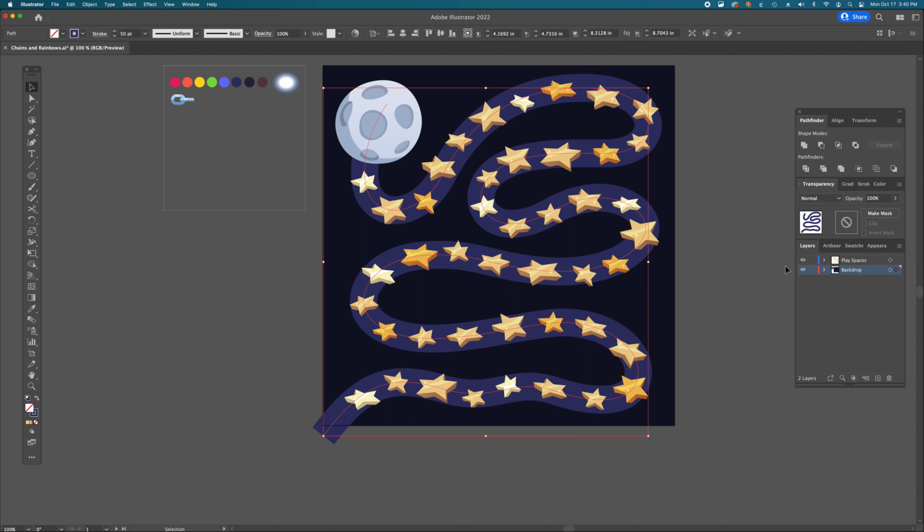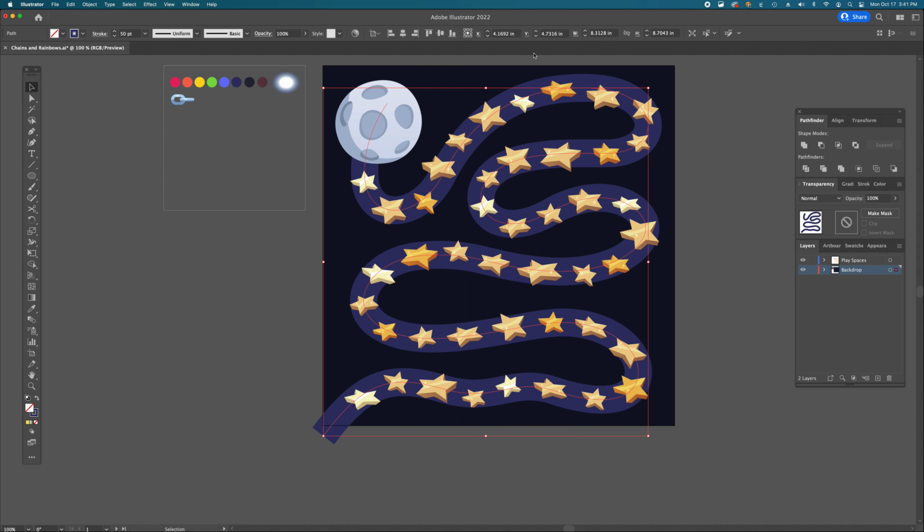Okay, so a 50-point stroke behind this does a really good job of making sure that this path is clear. I think this will be a little bit less confusing for a younger age group if they're going to ever play this game. What I do want to change about it now is I don't want this path to have such a hard edge. I would like it to be a little bit softer. So we're going to do that